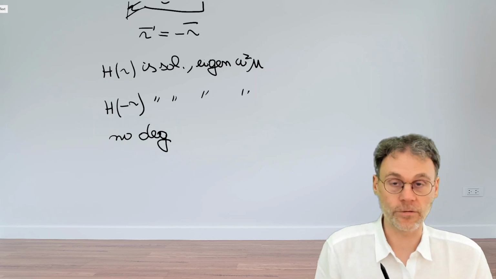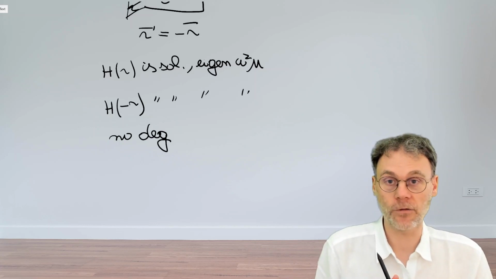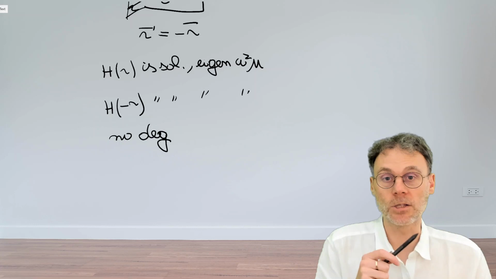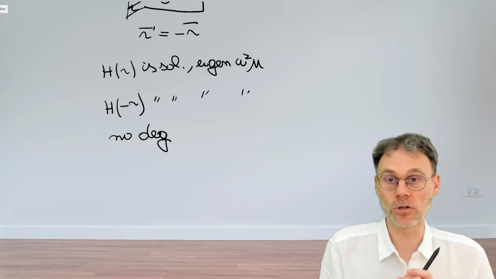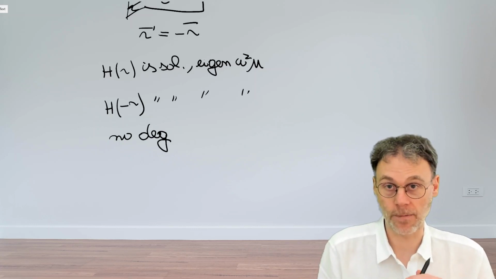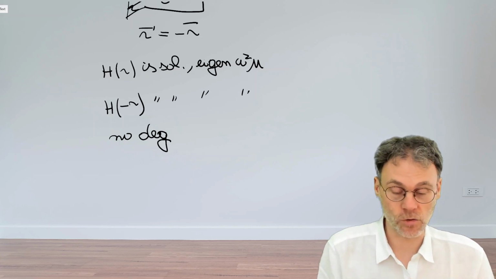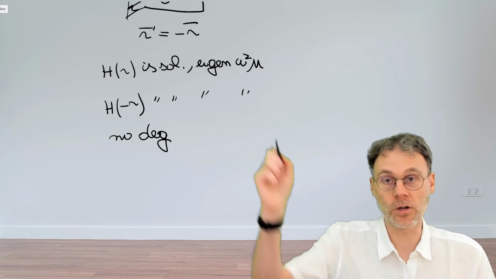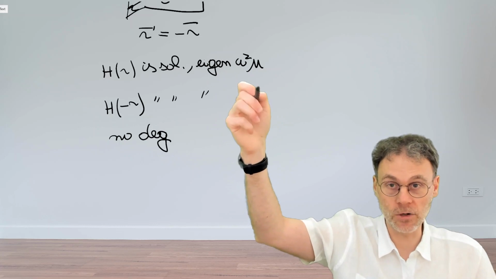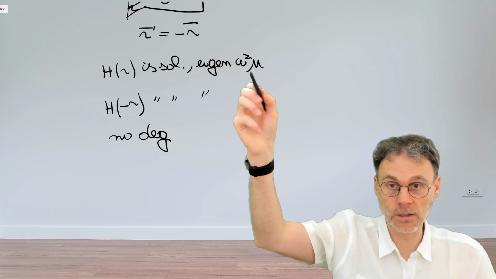Recall the definition of degeneracy. Degeneracy means that if you have a certain frequency omega, it's possible that there are two completely different solutions at that frequency omega. But here we exclude that situation. So this means that if we're looking at a certain frequency omega here, there can only be one single